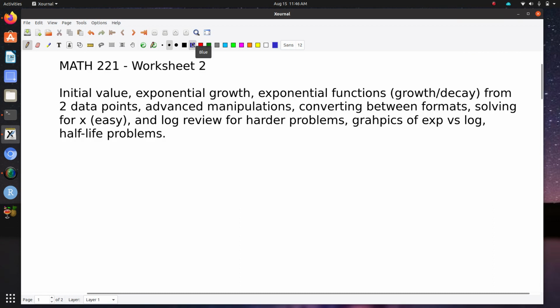Okay, so the first thing you're going to encounter in the worksheet is a question that says initial value. And for initial value, this is very easy. So f of whatever it is equal to whatever it is. The initial value simply means what is f at 0. So in more complex questions, it could be a little different, but there's nothing in this class that's going to